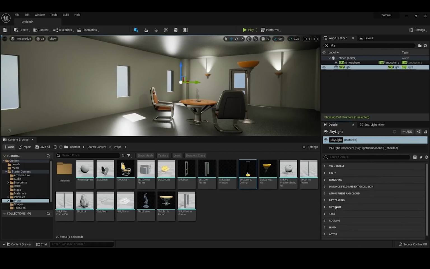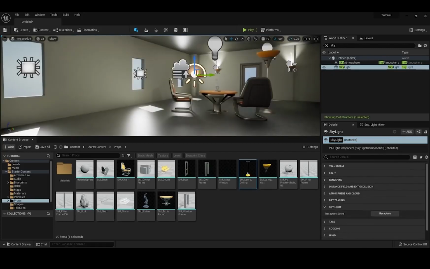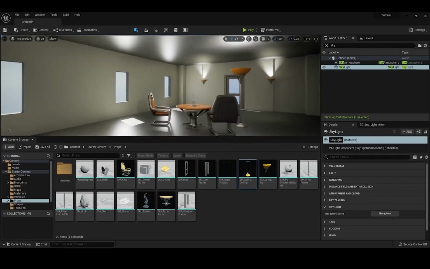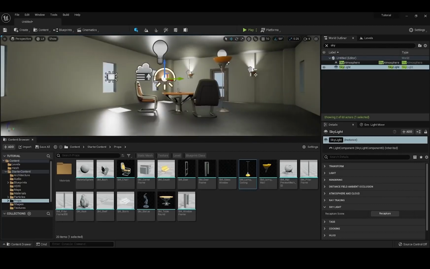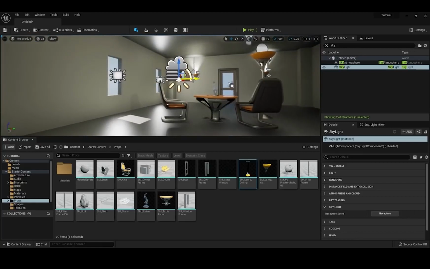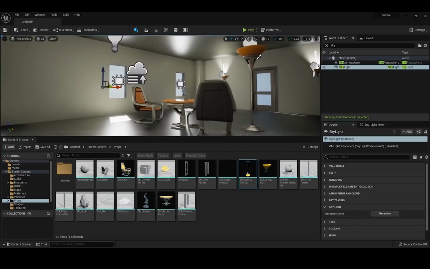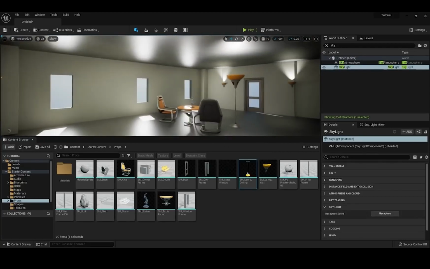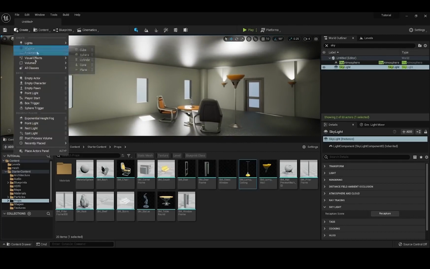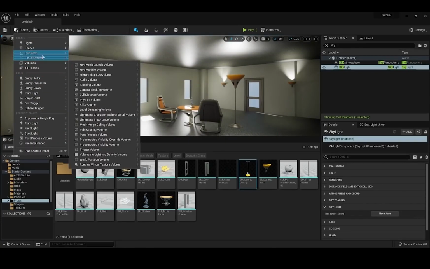Rendering. Nope. Skylight. There it is. There we go. And what's quite important also for interiors is if we just add in a reflection capture actor too,